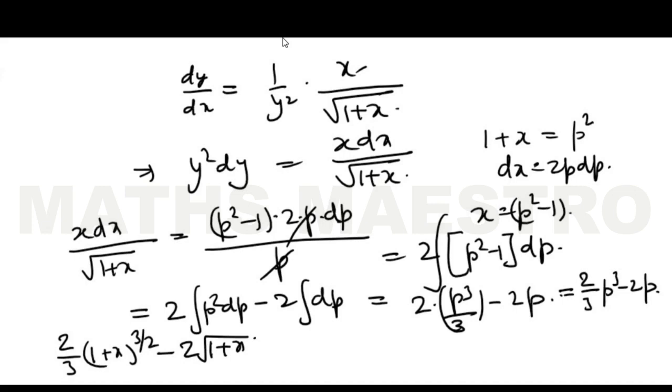And then on the left hand side when we apply integration, y to the power 2 plus 1 divided by 2 plus 1 in the denominator, so we have y cube